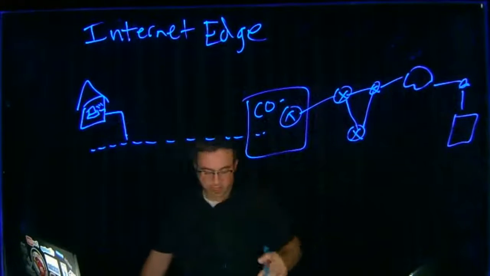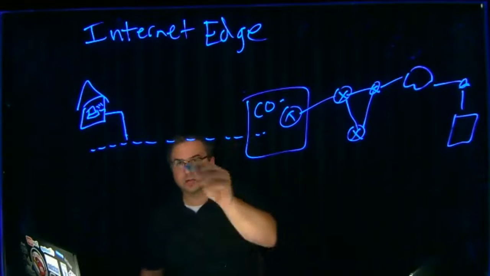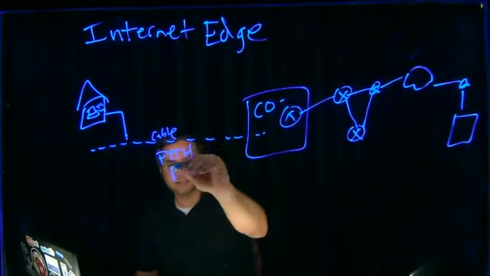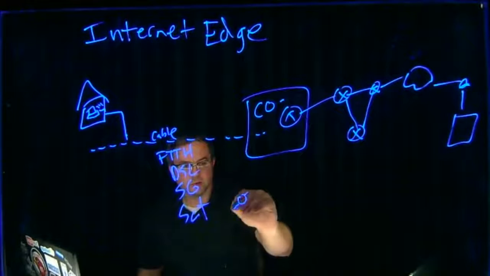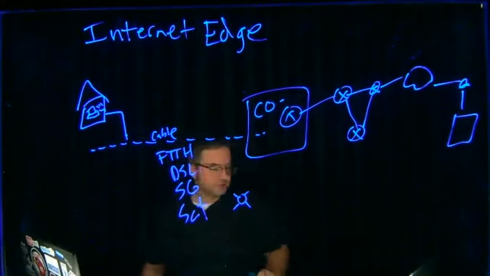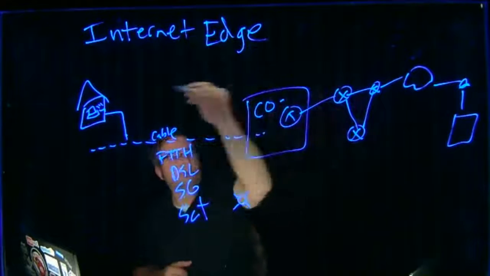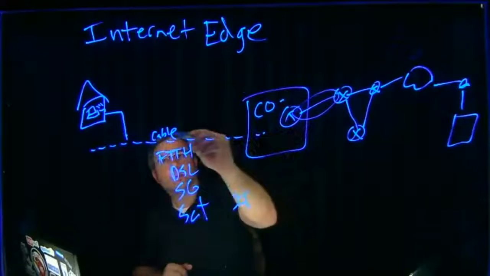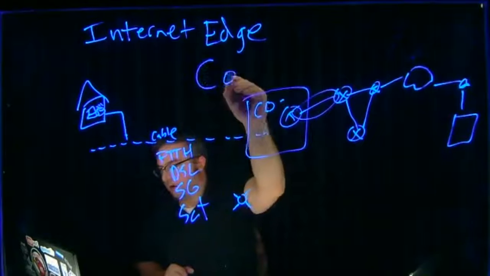And then you served your pages back. So we talked about that, and we talked about cable modems and fiber to the home and DSL, and 5G and satellite. Well, there's a little Sputnik for you. We talked about that, okay? So we're going to move now from the internet edge, talking about this stuff, to more what's happening here. We're going to go into the core.